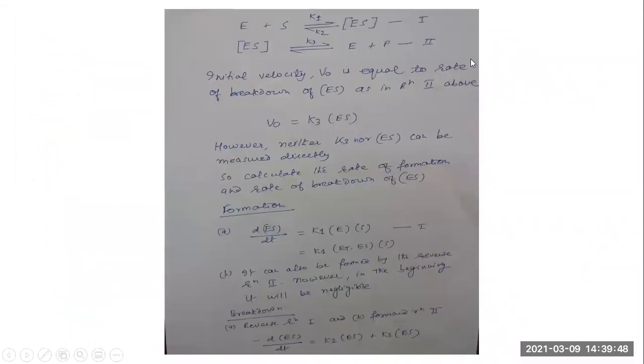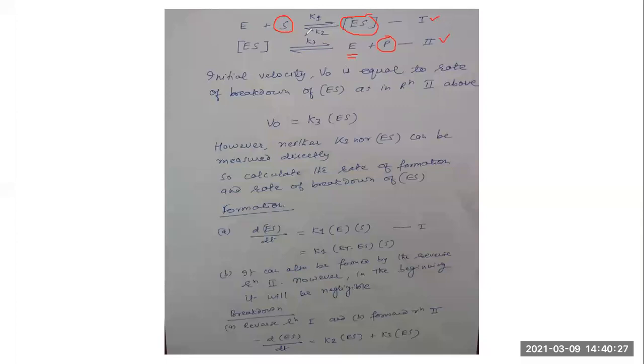Okay, so now this is the derivation of the Michaelis-Menten equation. As I said, it is a one substrate enzyme catalyzed reaction. You have one substrate. It combines with enzyme, so you get an enzyme substrate complex. This is step one. It takes place in two steps. In the second step, this enzyme substrate complex undergoes dissociation, so you recover the enzyme back and the product is formed. So there are two stages, a two-step reaction.